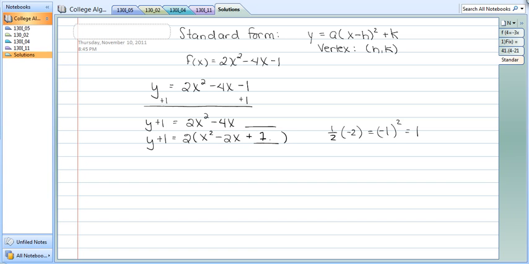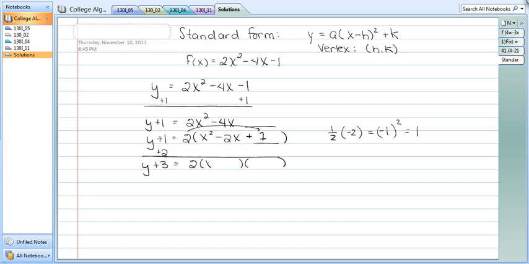But we really didn't add 1 to the right-hand side. What we really added was 2 times the 1. Since you factored out the 2, you have to multiply it back in to see what you really added to that right side. So if I added 2 to the right, I have to add 2 to the left. So I end up with y plus 3 equals 2 times, and now you made a perfect trinomial square here,